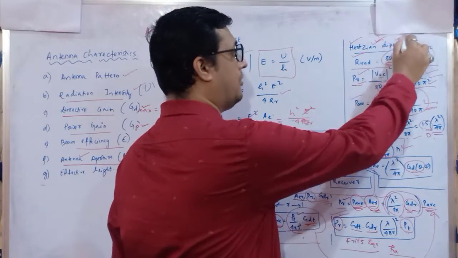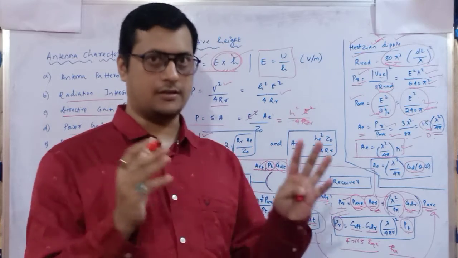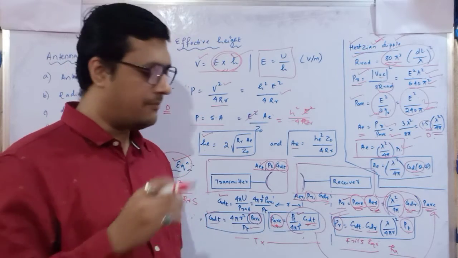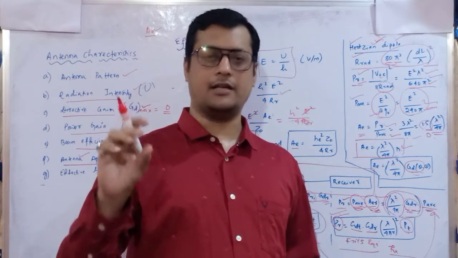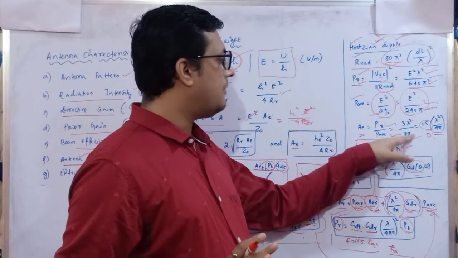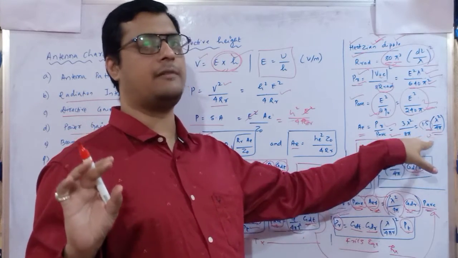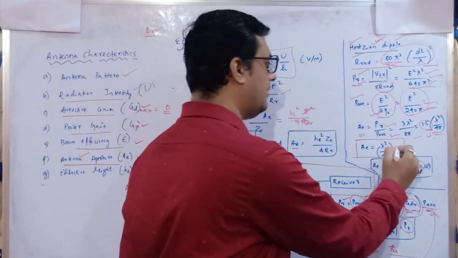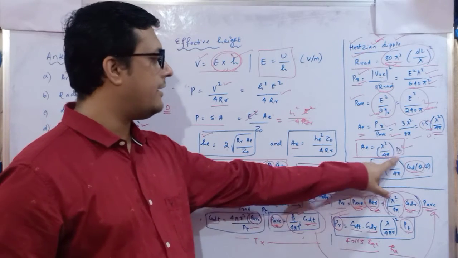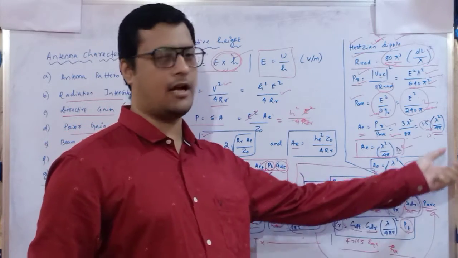Now for the Hertzian dipole, the directive gain is 1.5 sine square theta, with a constant. We have seen how we took all these things, and while discussing the antenna part for a specific antenna, I will tell how to determine this. But for the timing, a specific value we have considered. So 1.5 is the directivity for the Hertzian dipole. In place of 1.5, I can write D. So it is lambda square divided by 4 pi into D. In place of D, we can also write the directive gain in maximum terms, GD theta phi.